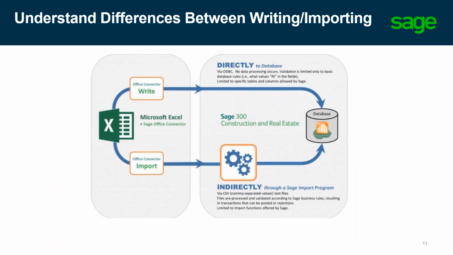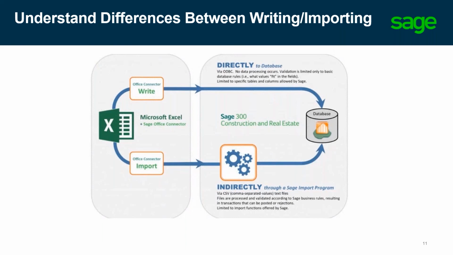Now, understanding the differentiators between write and import of Sage Office Connector is also very important. You'll think of Office Connector import as some of the features and functions you're already used to today. Like I mentioned, AP import invoices, payroll import time, JC import estimate. As you notice, the common word in between all of those tasks is import. Wherever you see an import under Tools Import in the software, that's most likely where Office Connector can connect for